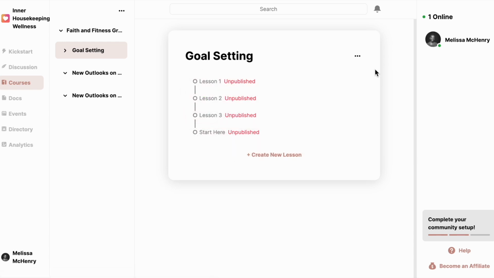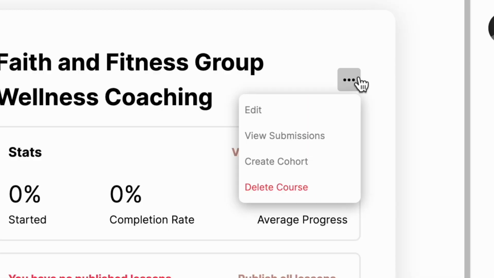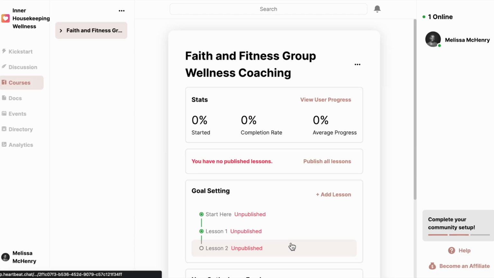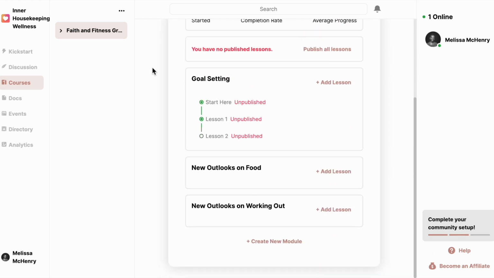Clubhouse. The only option, and I'll get into that in the cons, is that there are not very many admin controls at this point. So when you create a cohort, if you wanted to, for example, launch your first program, you have your group of people going through that program, but then say this is a program that you run quarterly, you can just create a cohort and duplicate that. And all of the content from your founding cohort will replicate